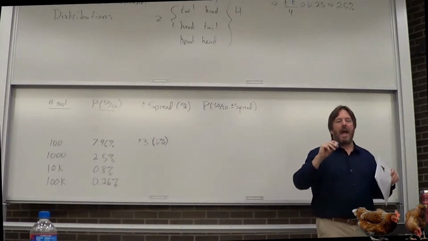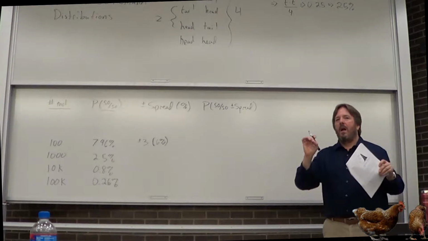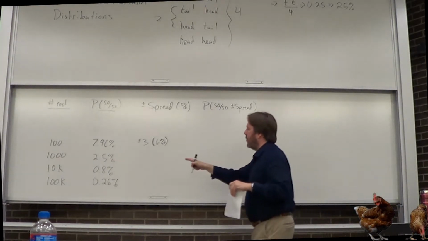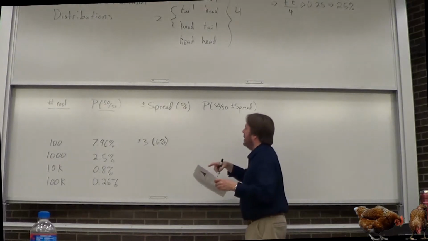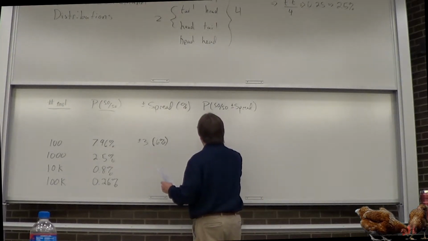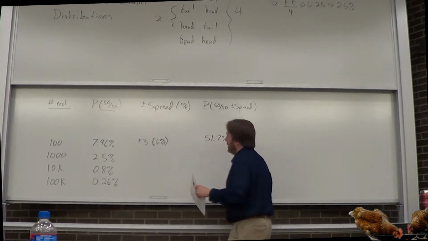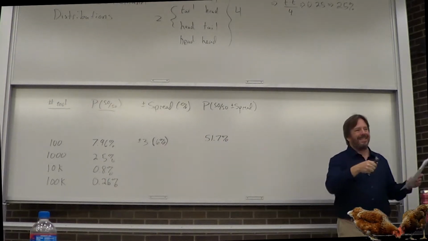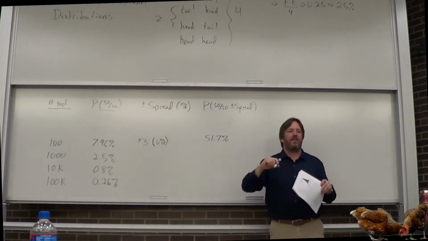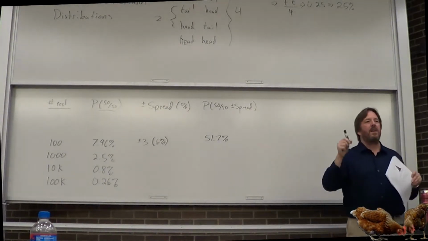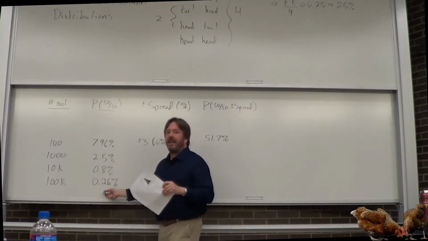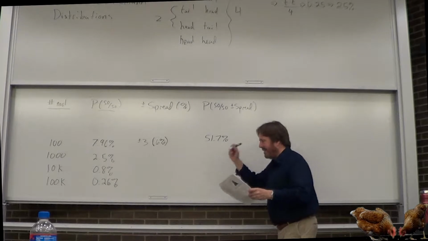Right, you got me there? How often do I observe not a perfect even split, but close to perfect, within 3 of 50-50, or 6% of 50-50? The answer is 51.7% of the time. I see. This is revealing the two-sided nature of the coin. The even two-sided nature of the coin is not coming out here. In fact, that's getting completely lost. Now you guess where I'm going with this.